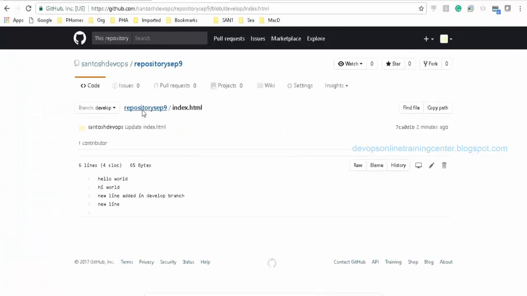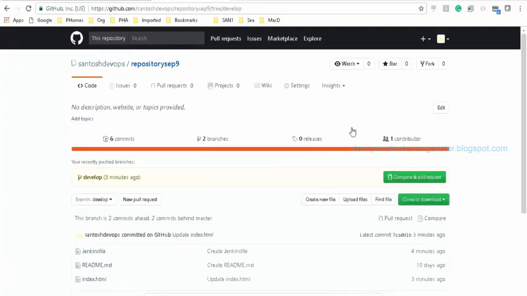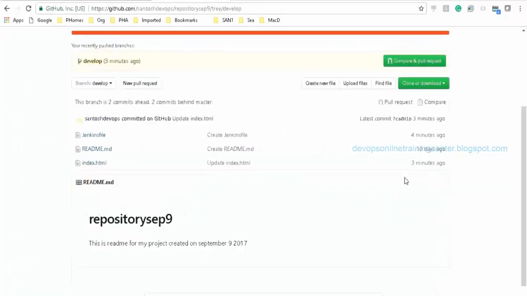We can write the code to do that in the Jenkins file itself.